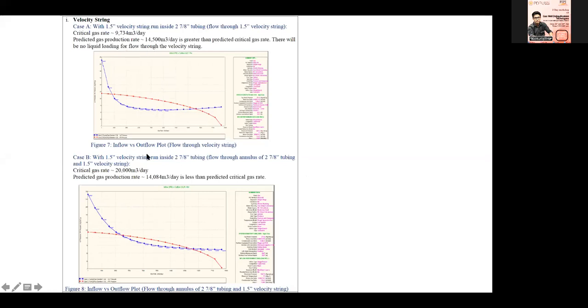So these are two conditions. One condition is when you are producing your gas from the velocity string, which is 1.5 inches, which is run inside your